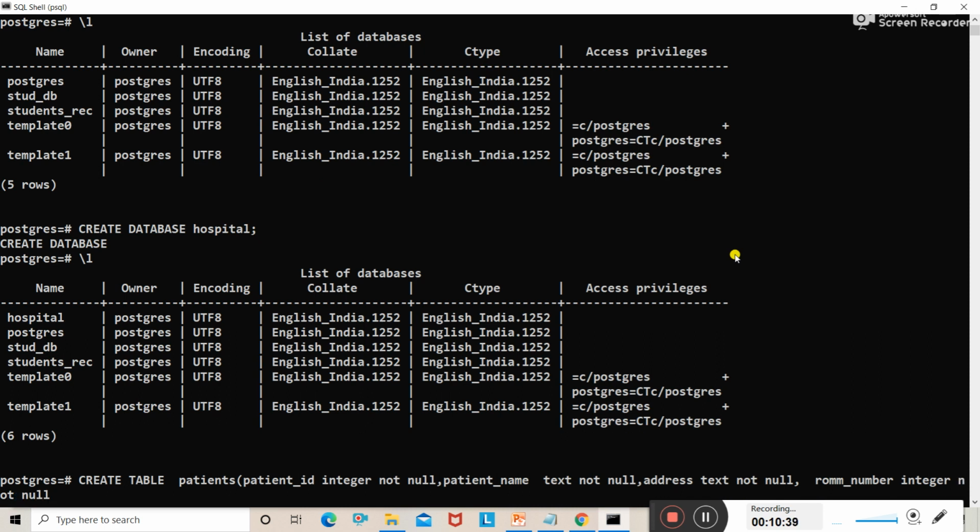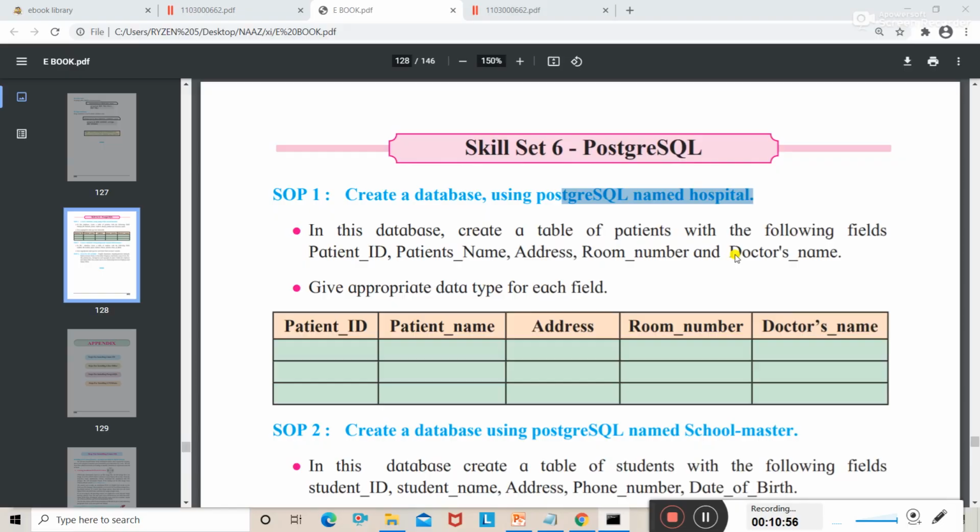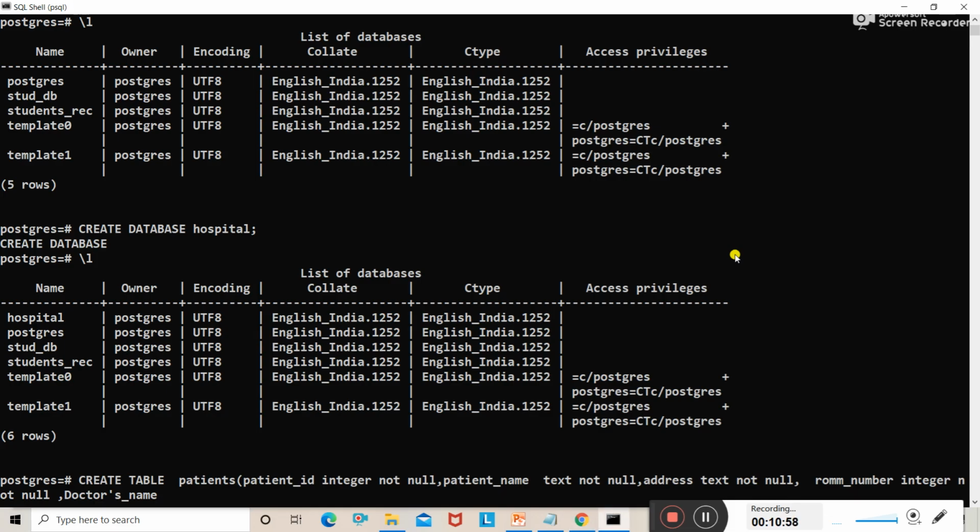Okay, the next field name is doctor's name, and the data type for this is text type of data, not null. Got it? Press semicolon and press enter.